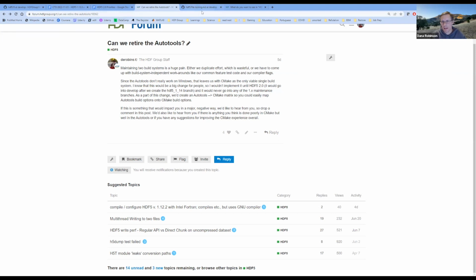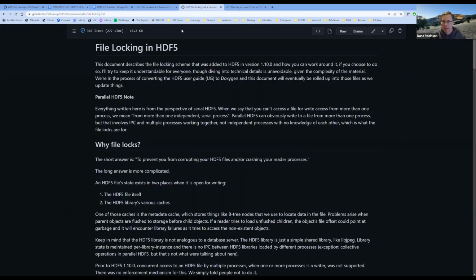One of the other things that could even be removed in the 1.14 line is file locking. So this was added in 1.10 at the same time that we introduced SWMR. And if I remember correctly, it's been a long time, but the impetus for this was that now we're telling people that you can have a writer in the mix of all your various readers. So maybe we should have a file locking scheme to try and help people get the SWMR ordering and semantics correct. And so we added this in, and